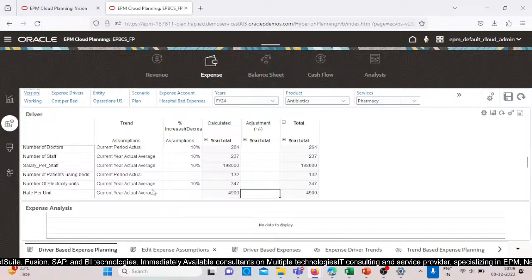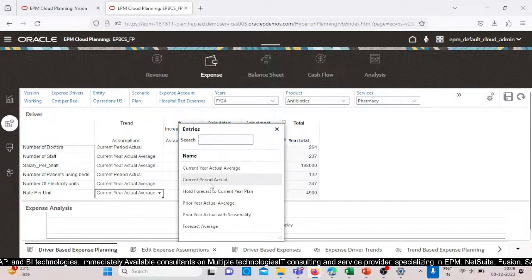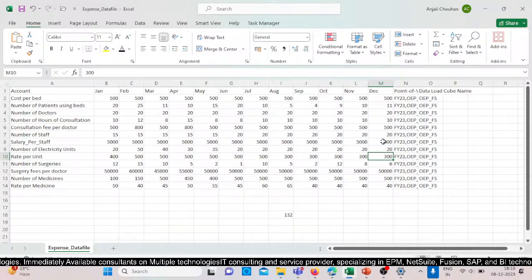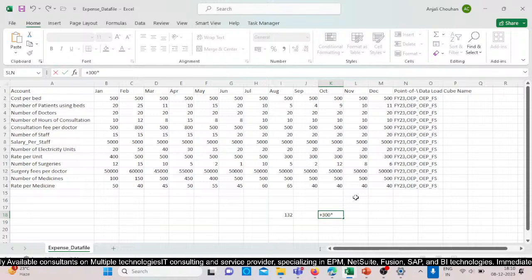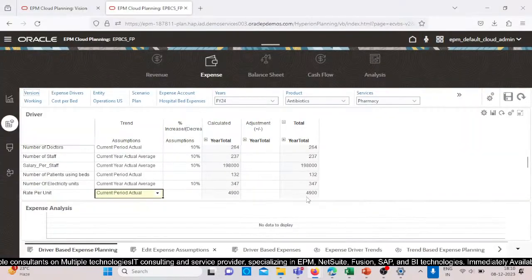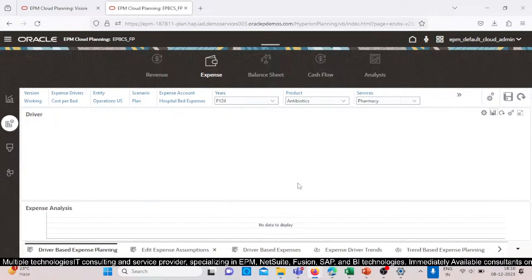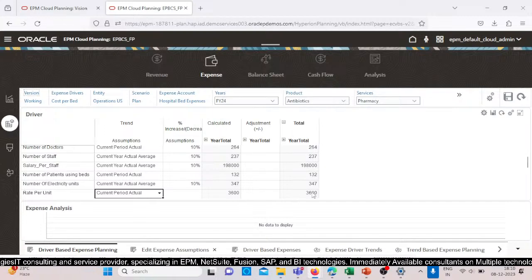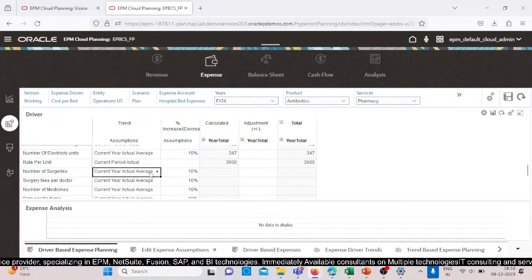Basically the term is year, but when we change it to current period actual, what will it take? It will take the current period only, that is December. So in that case it should be 300 multiplied by 12, so 3600. Let's save this. You can see the value becomes 3600. So this is the way we can select the trend according to our own requirement, and similarly we can